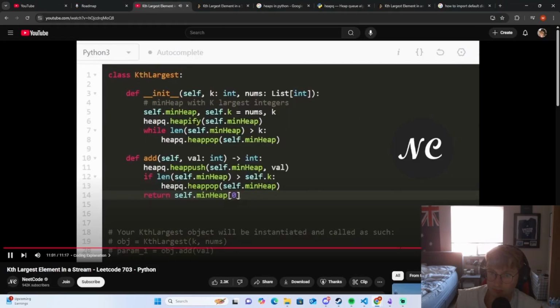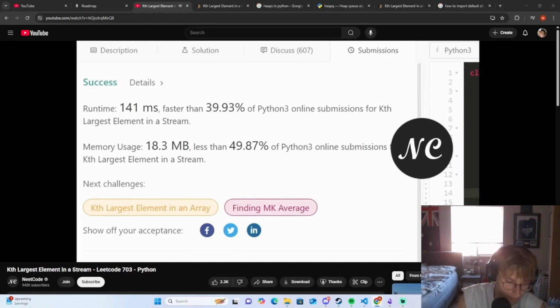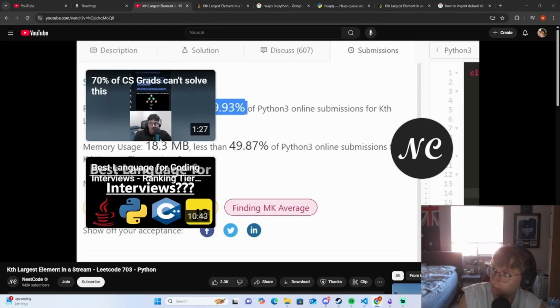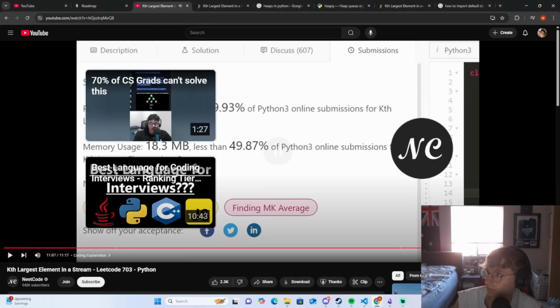Let's run it to make sure that it works. And as you can see on the left, yes, it does work, and it's about as efficient as we can get. So I really hope that this